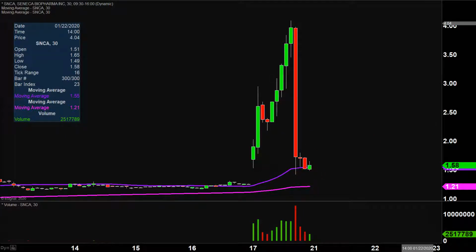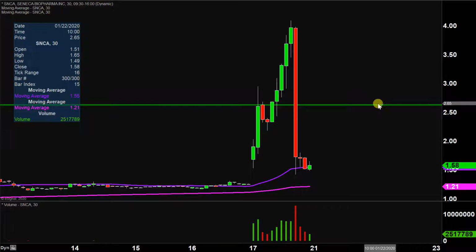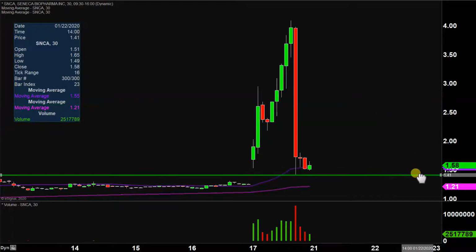But this also creates a very interesting tradable opportunity going forward. And this will mean a little bit more to those of you that have traded for a while. If you have traded for an extended period of time, I'm sure you've seen price actions like this, where they're pump and dumps, price goes up and then gets hammered back down. And then there can be some very nice bounces that occur. Now, when I say bounce, I don't mean it's going right back up to $4. But even if it goes up to $3 or something like that, that could still be a nice little bounce there. But the main level here now going forward, definitely going to be right at 1.40